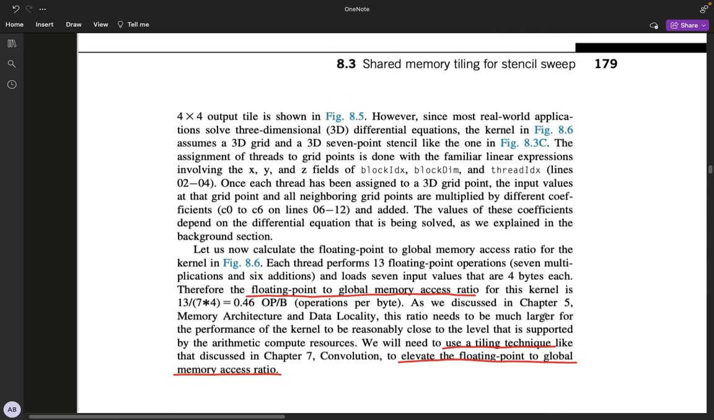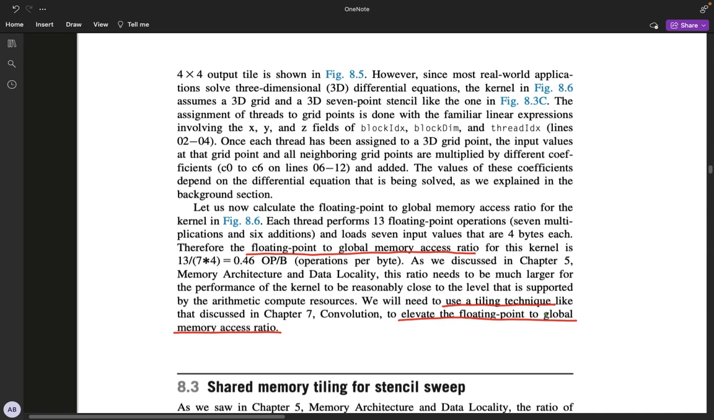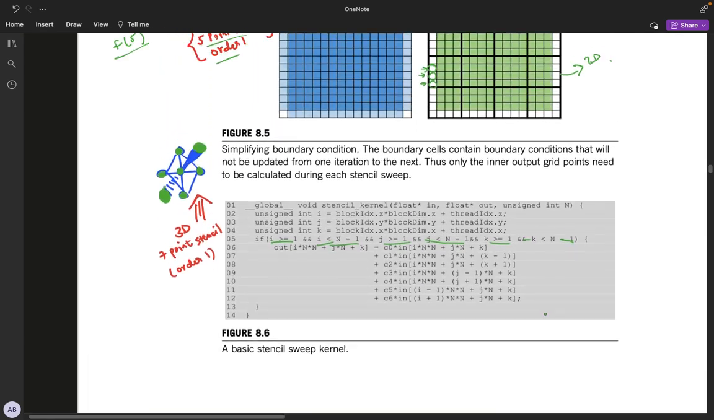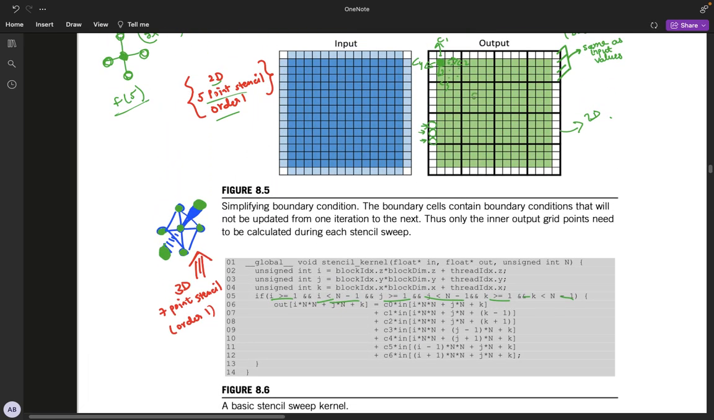Okay, but the problem with this approach is that the arithmetic intensity is pretty low, and the reason being, for each thread, consider this thread for example. In the 3 dimensional case, how many floating point operations are there? So we have 7 points, right? So we have 7 multiplications plus 6 additions. These many floating point operations divided by the